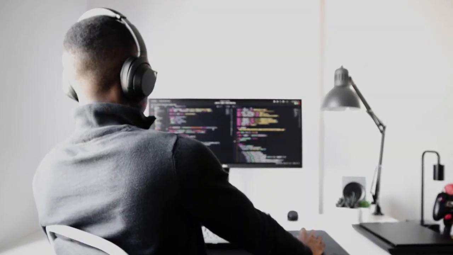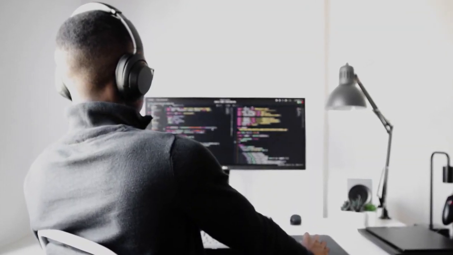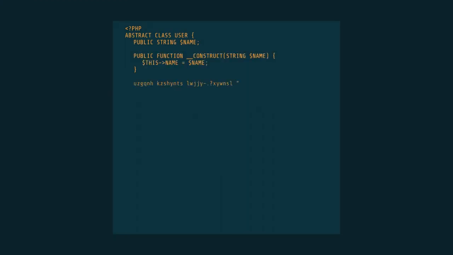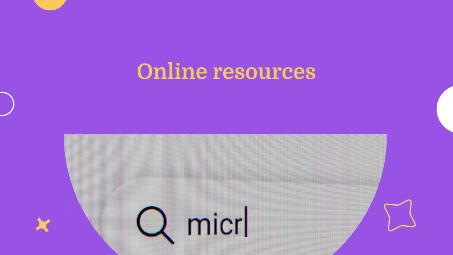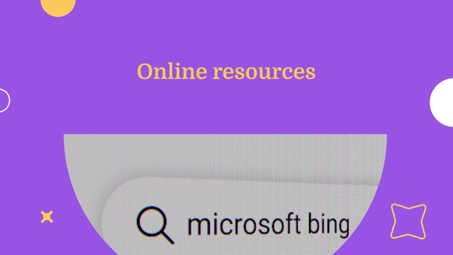Learn how to debug your code using Visual Studio's powerful debugging tools. Thoroughly test your applications and learn how to package and deploy them. Find help and guidance from online resources, tutorials, and forums like Stack Overflow and